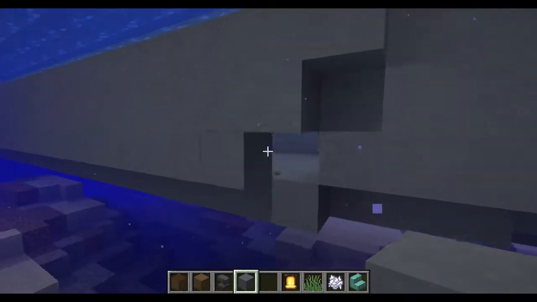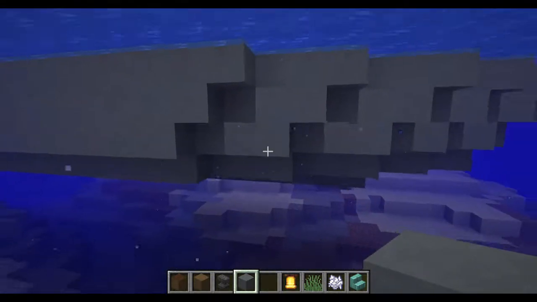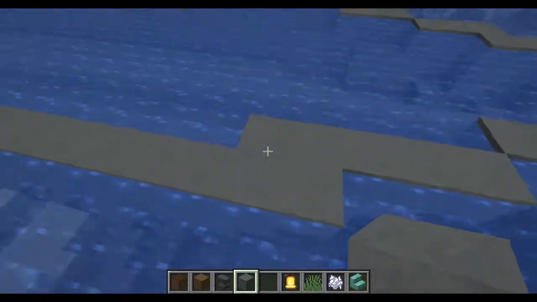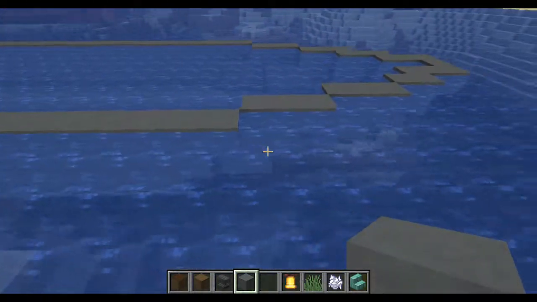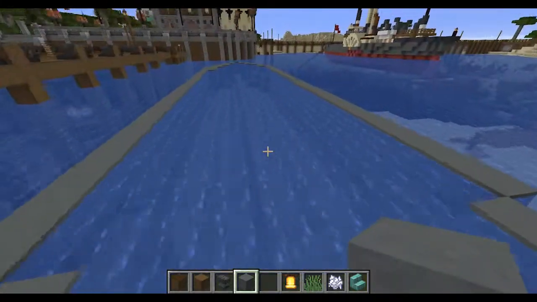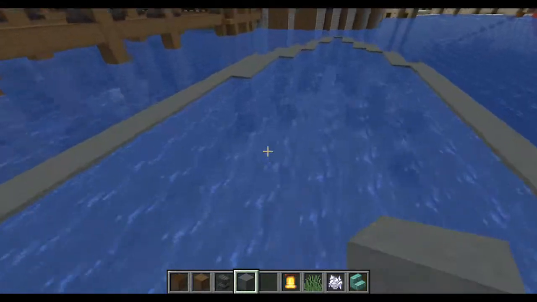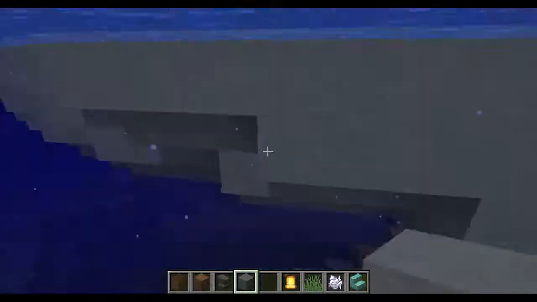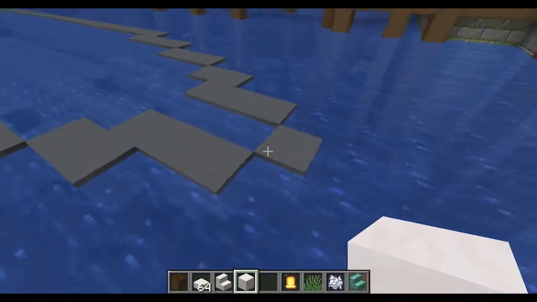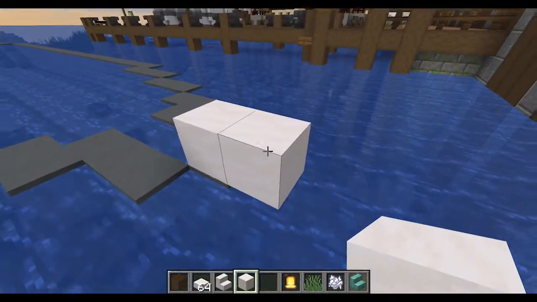Alright, so we're pretty much getting close to being done with this first hull. Alright, that looks pretty good. Looks like a big old bathtub. Alright. Not bad. You just want to make sure that all of your sides are looking the same. Because it's below the waterline, you have a little bit of leeway.